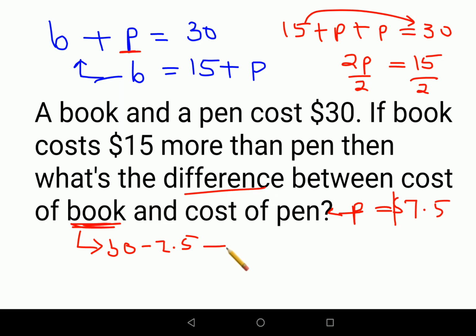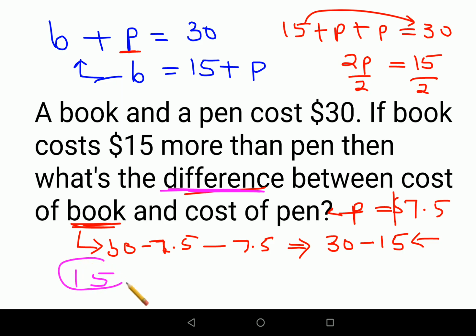So what we are going to do is subtract 7.5 from this again. So this comes out to be 30 minus 7.5 minus 7.5, which can be written as 30 minus 15, right? Because when there are two quantities which are getting subtracted and both of them are actually minuses, you basically add them. Okay, and the sign carried forward is of the bigger number. So the final answer for this difference is 30 minus 15, that is just 15.